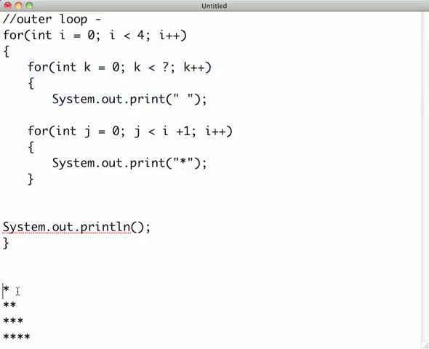So for instance, if this was looking like this, right? We have the backwards ones. Those all need spaces first, and then they need to print number